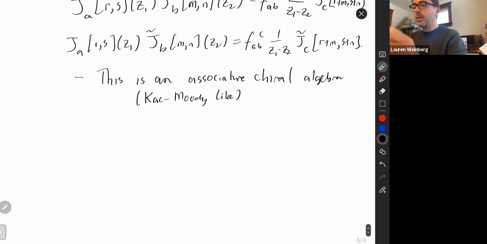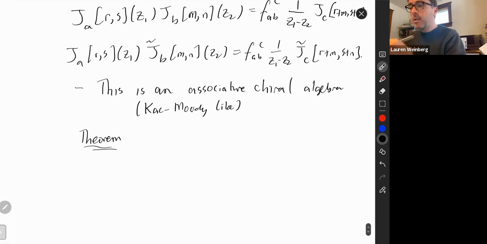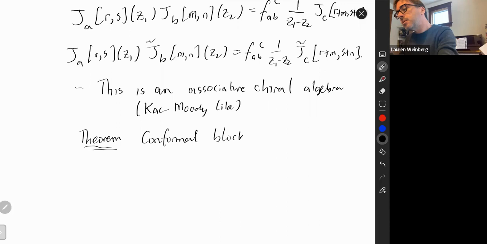And so, following a result Natalie and I checked, this Carroll algebra has the following nice features: that conformal blocks of this algebra